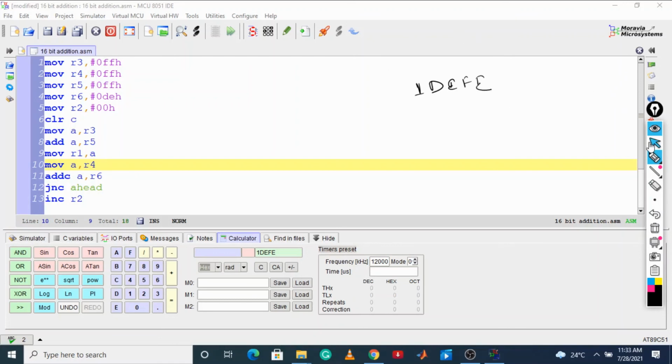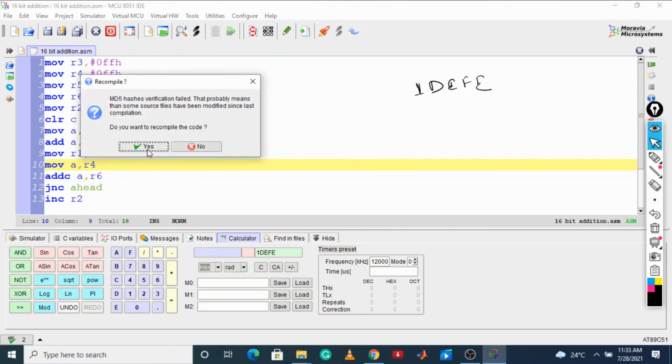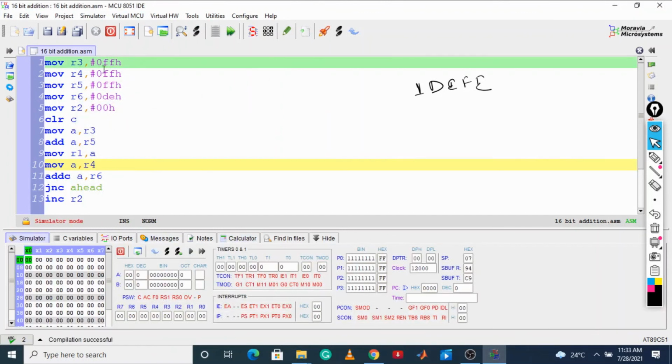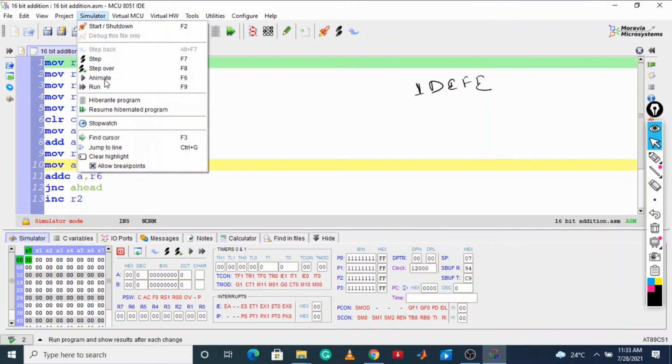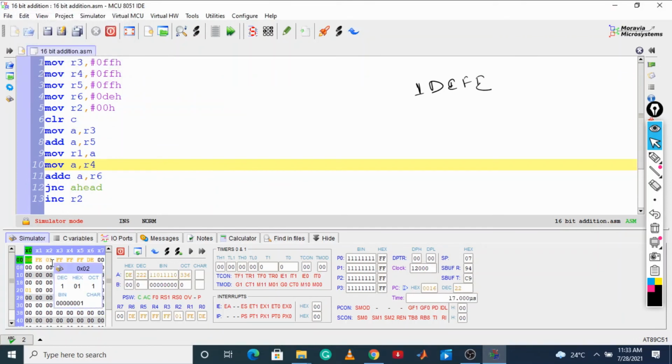Now let us run this. Now if I run this one, go to, yes, now recompile this data because we have another number. Now I am going to run directly. This time, not stepwise, directly if I run, let's see what value we got. Now if you see clearly, let me look at the carry bit: you got 01, and here also the carry bit is 1.